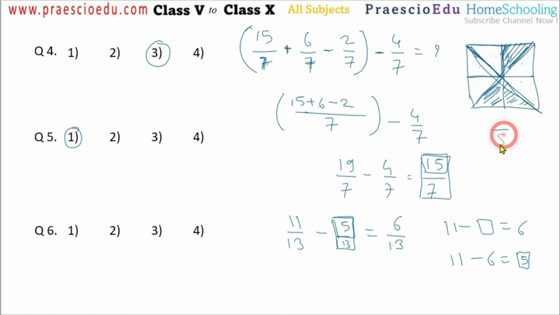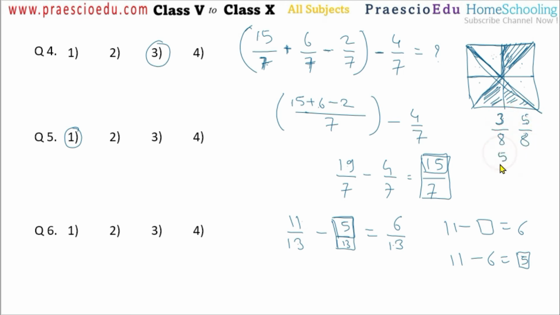So the total is 8 parts. Out of this, the shaded portions are 1, 2 and 3, and the unshaded portions are 1, 2, 3, 4 and 5, so 5 by 8. Now we have to calculate the difference, because we need to find how much less the shaded portion is. This 3 is the shaded portion, and it is less than the unshaded one, because 5 is the bigger one than this 3.